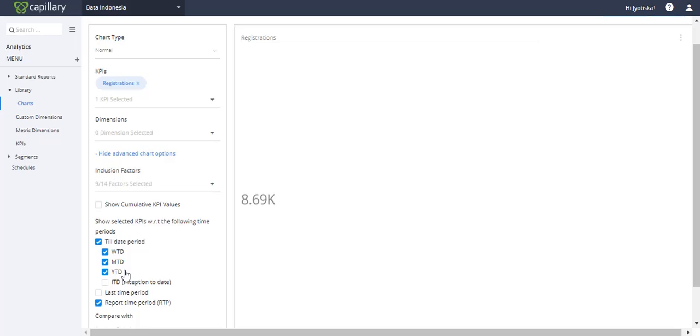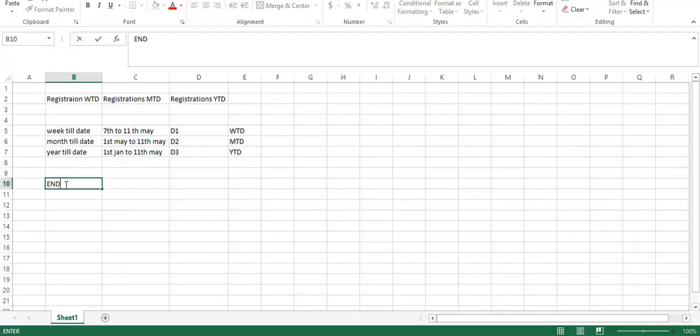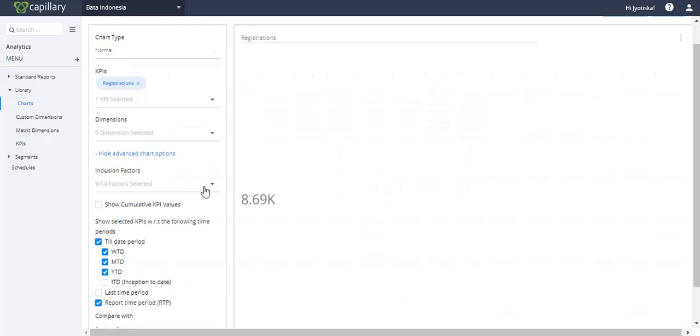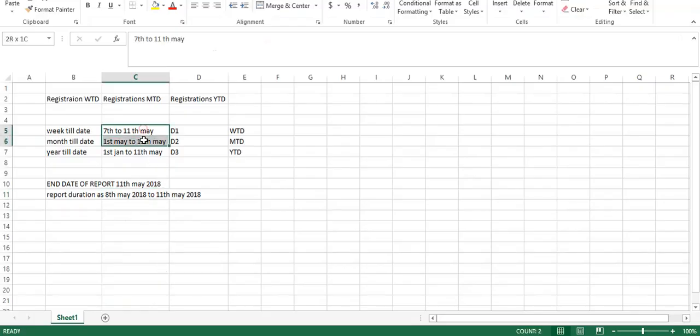That means if my end date of report is 11th May 2018 and my report duration is 8th May 2018 to 11th May 2018, even so, if I select week till date, month till date, Y till date, these durations will be applied. So these durations will override the report duration.